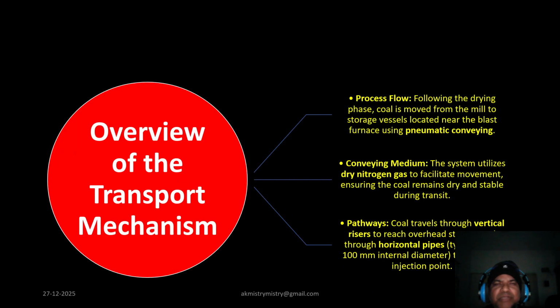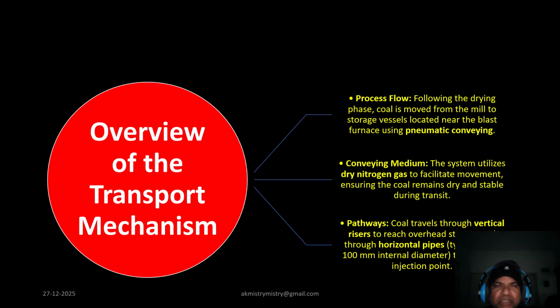The process begins immediately after the coal is dried. We use pneumatic conveying to move the material from the mill to a storage vessel located near the blast furnace. To ensure the coal remains stable and dry during this journey, we use dry nitrogen gas as our conveying medium. The coal follows a specific path. It is first lifted via vertical rises to reach overhead storage and is then distributed to the furnace through horizontal